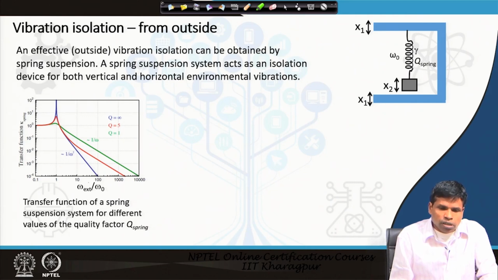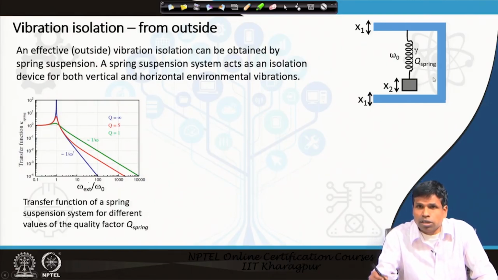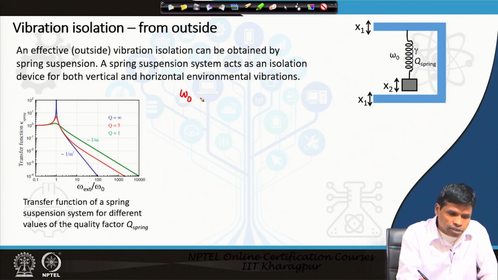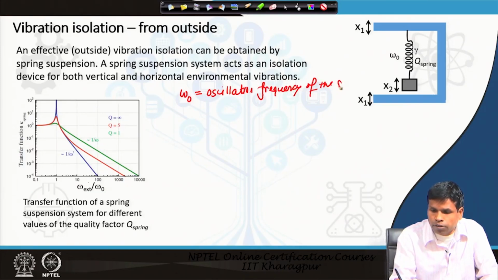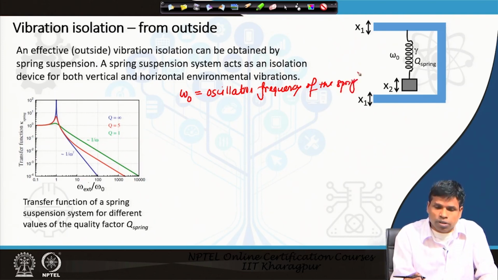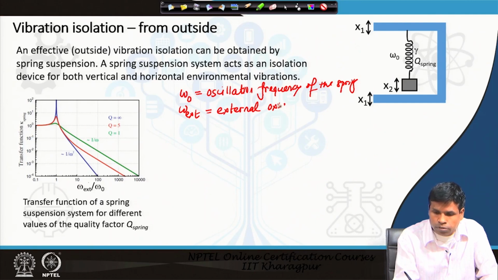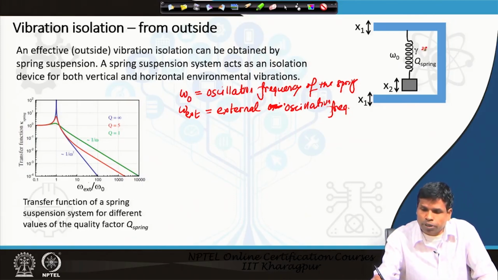Vibration isolation from outside can be done by spring suspension. Here you can see the spring suspension in the right side diagram. Here omega naught is the oscillation frequency of the spring, and we have the external oscillation, which we write as omega ext, the external oscillation frequency. Now we have another factor, the damping factor gamma,